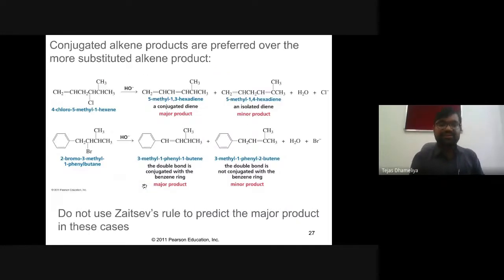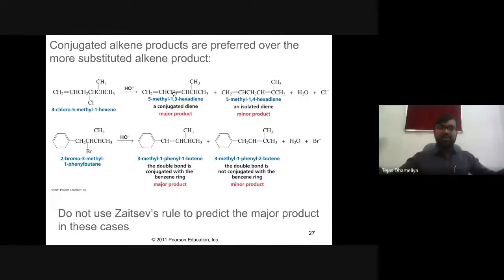That is based upon the substrate, such as this 4-chloro-5-methyl-hexene, which upon OH minus, there are 2 beta carbons. So there is a probability that hydrogen will be knocked out from this side and hydrogen will be knocked out from this side. If this hydrogen goes from here, a double bond will form between these two carbons, giving one product. If this hydrogen goes from here, a double bond will form between these two carbons, giving the second product. Okay. So we are having 2 products, but one of them is a conjugated diene.